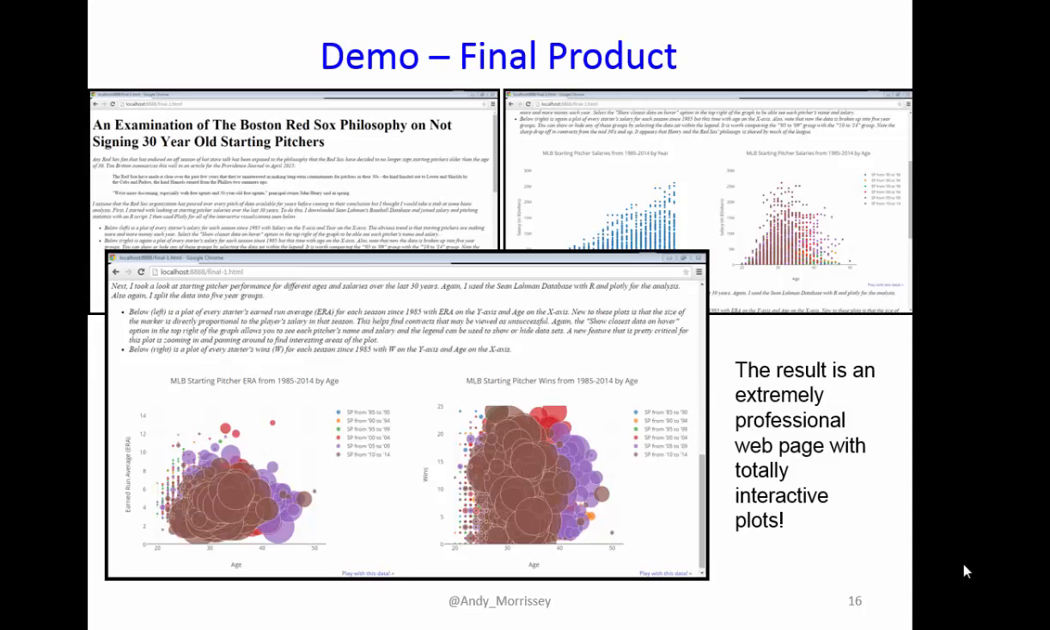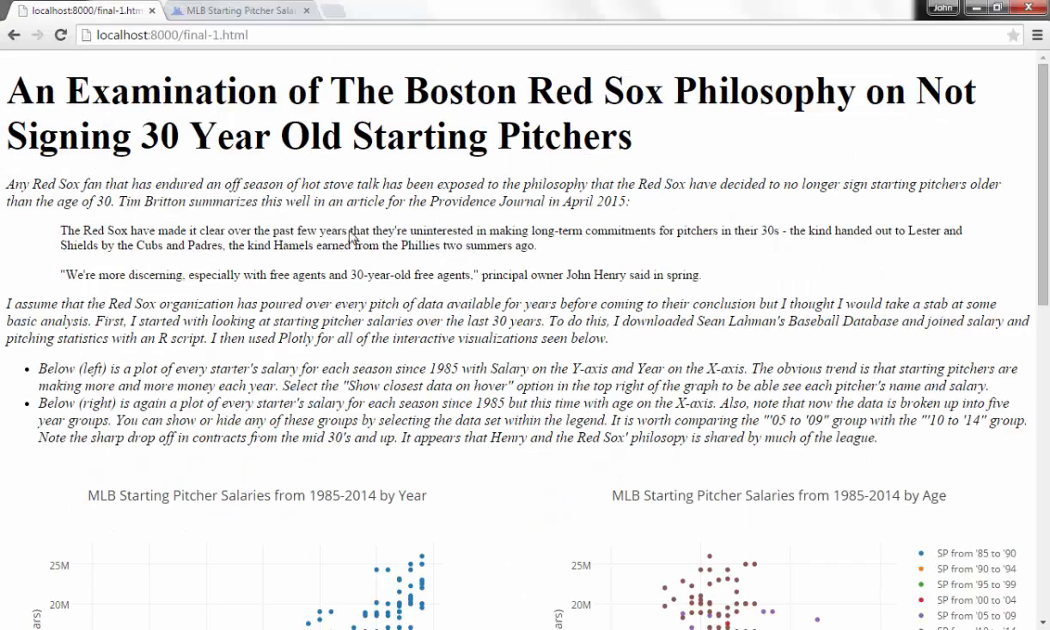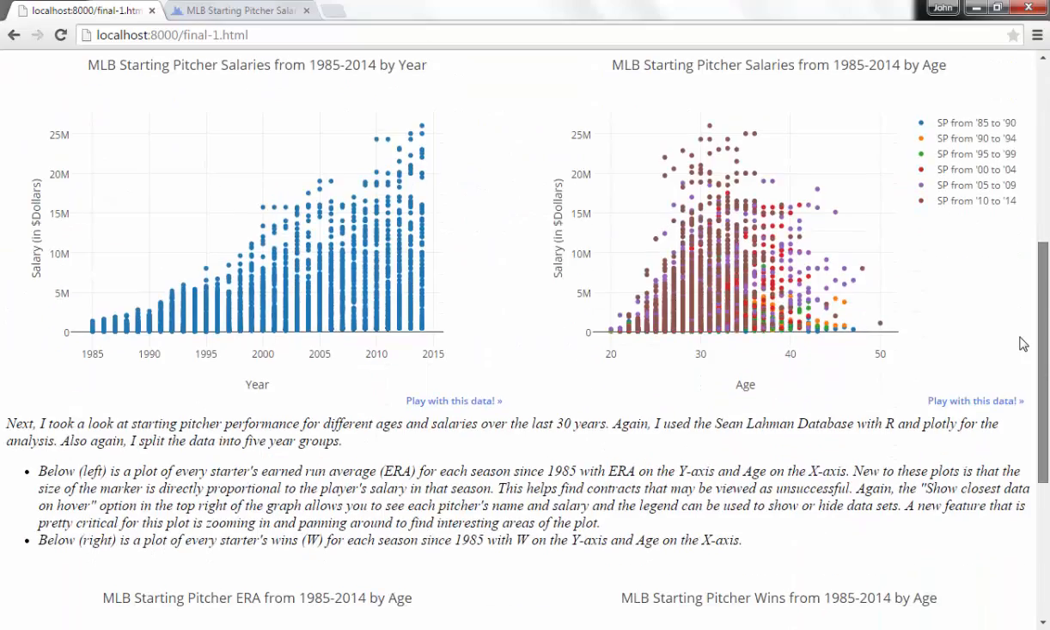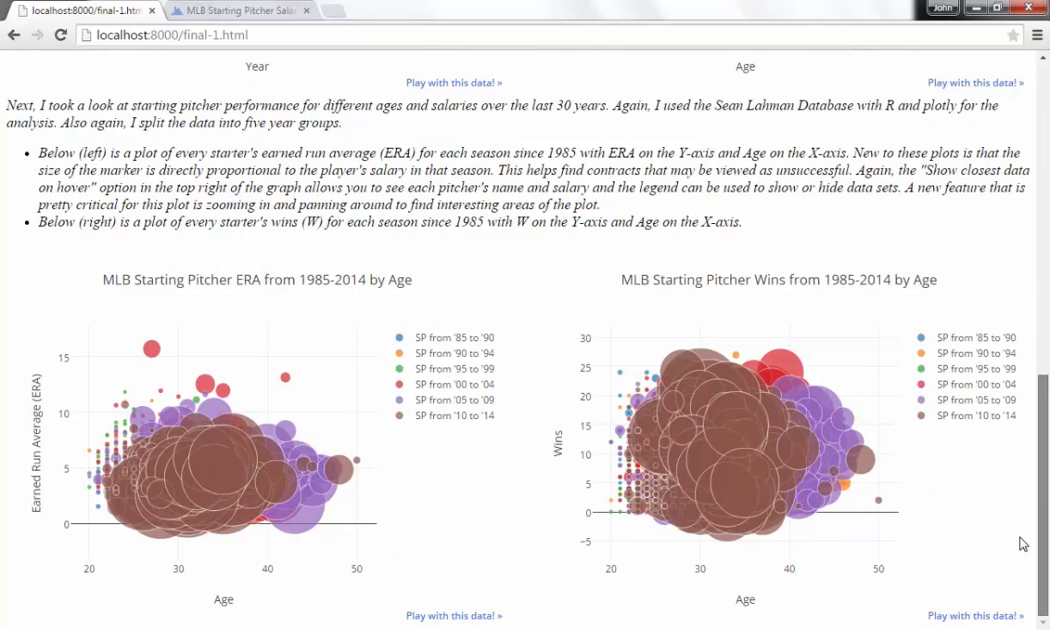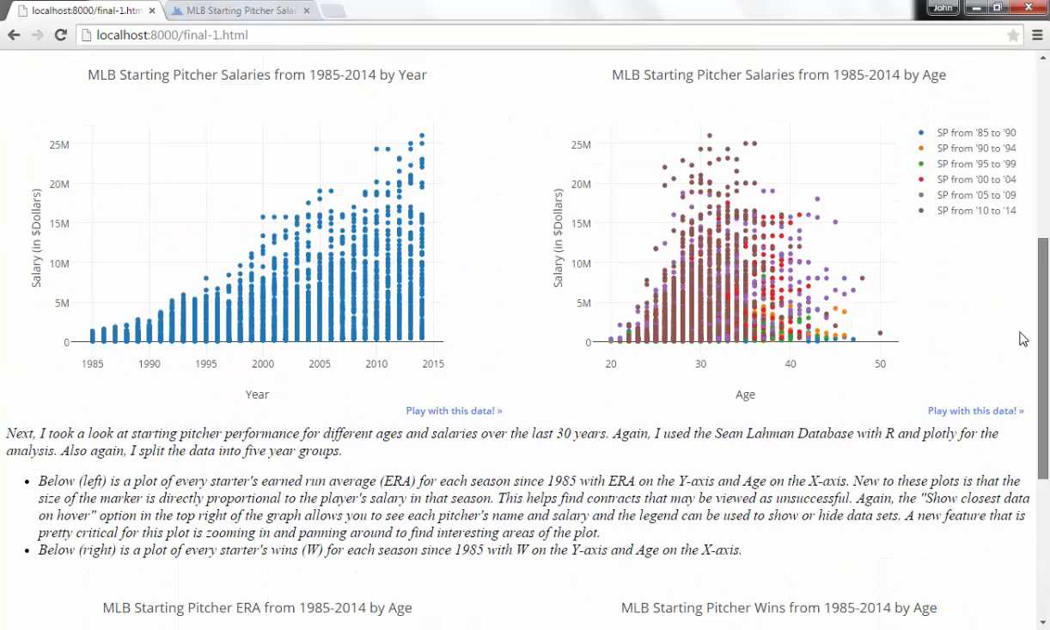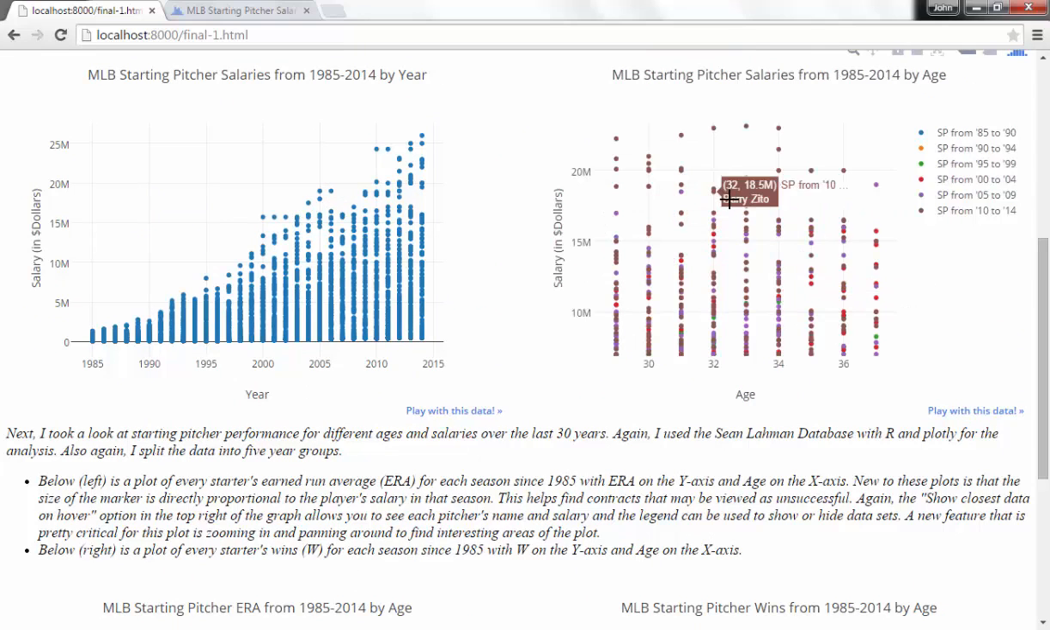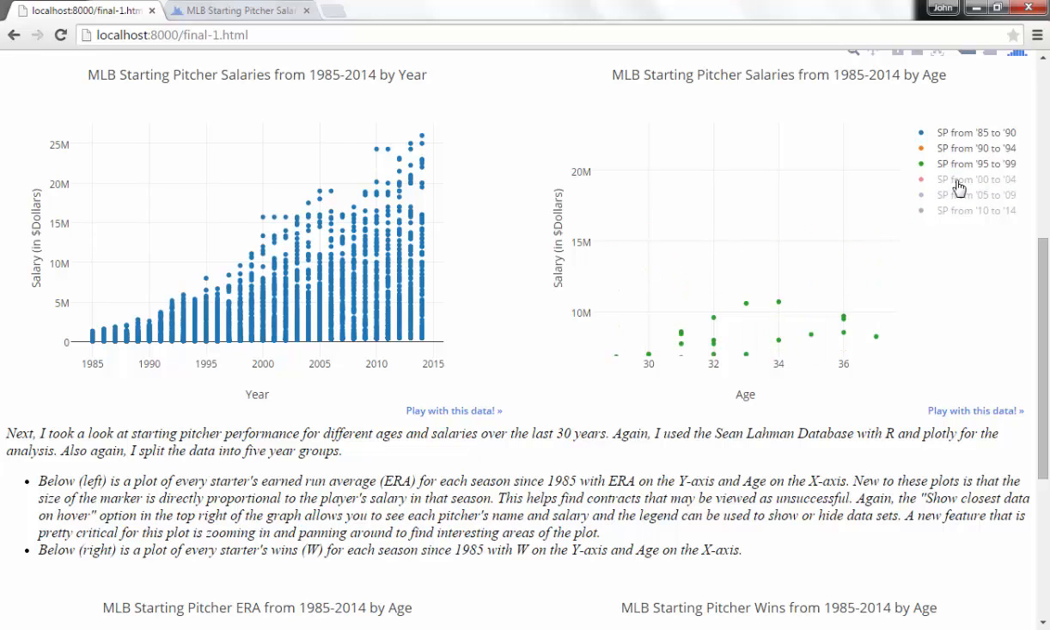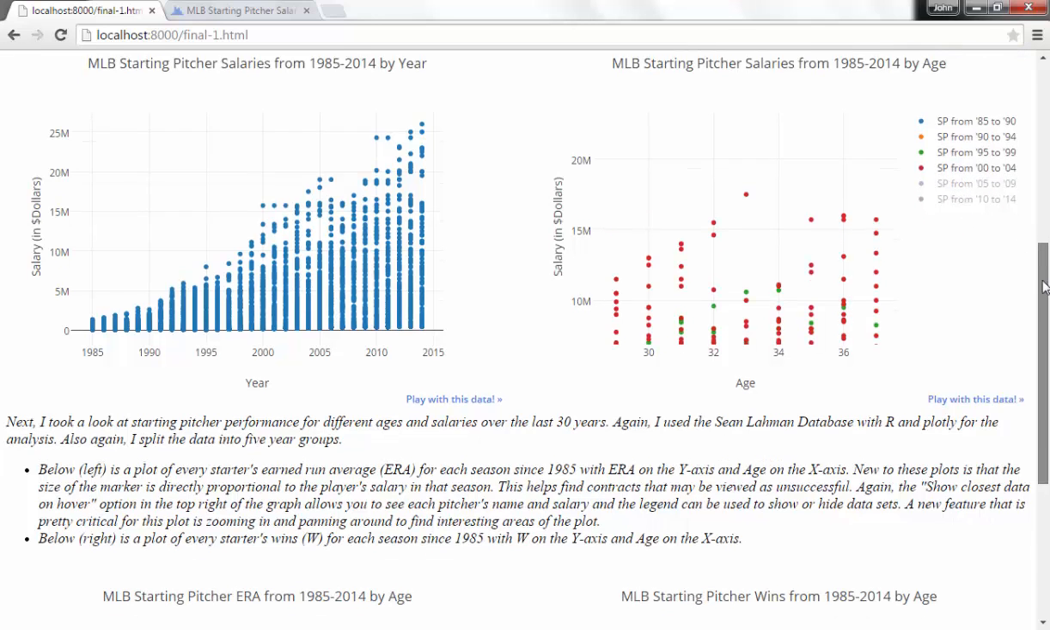Alright, now that our HTML code is written, we're ready for the final product, and you see that here on this page. The result is a pretty professional web page with totally interactive plots. We're looking at static pictures of the website right now, but to do it its full justice, we should navigate to the site itself. Note that there are 4 Plotly plots embedded, that they're all interactive. They all have the features that we were looking at before. You can turn off or on datasets, and